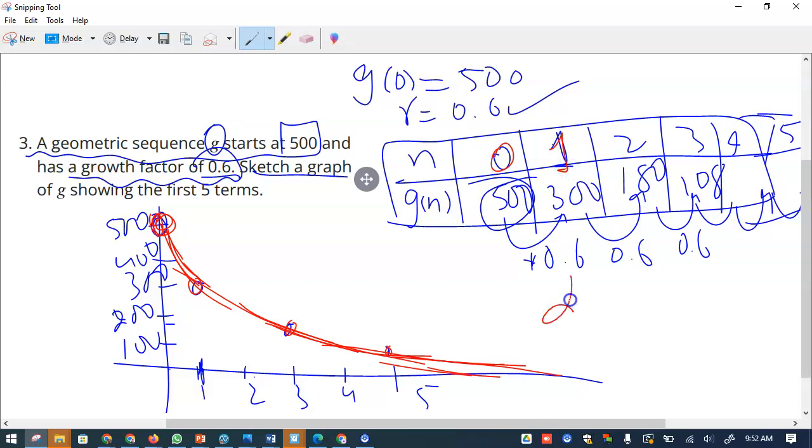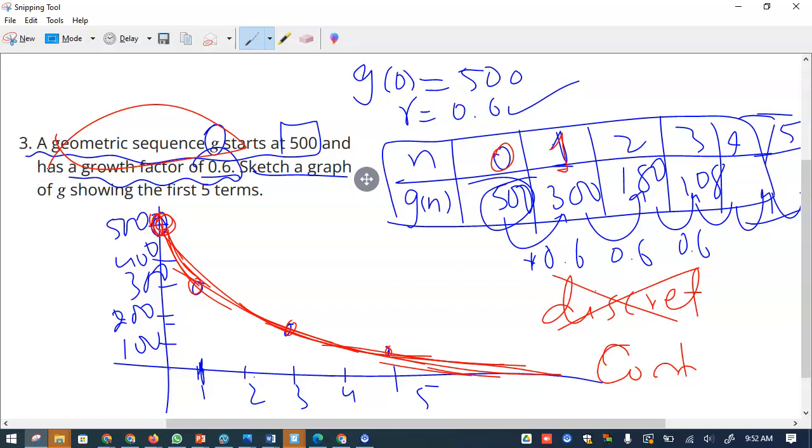So this is discrete. So you cannot have in between. So it's not continuous. If it is continuous, then we can join this. So that's how the graph is. So this is a geometric sequence, and if you want to find the